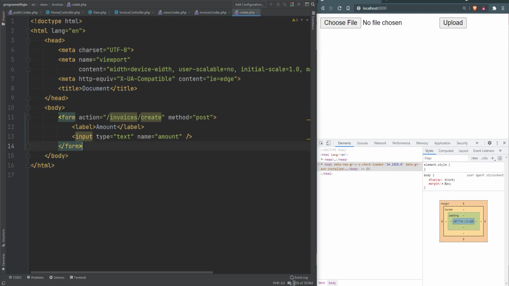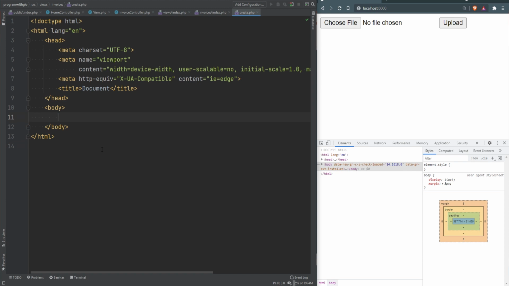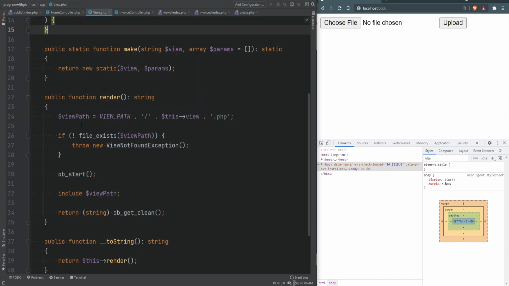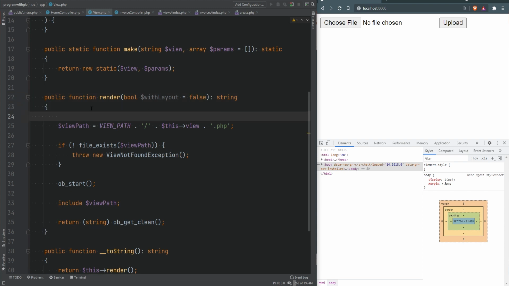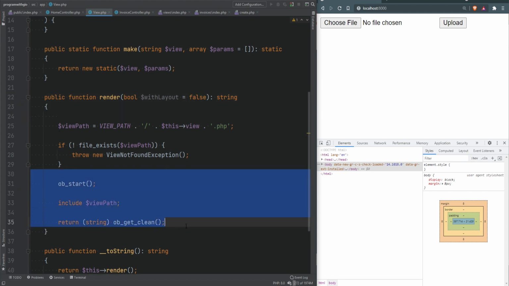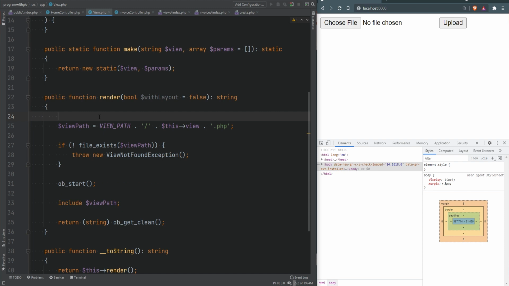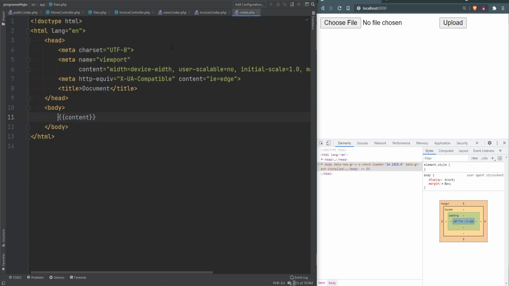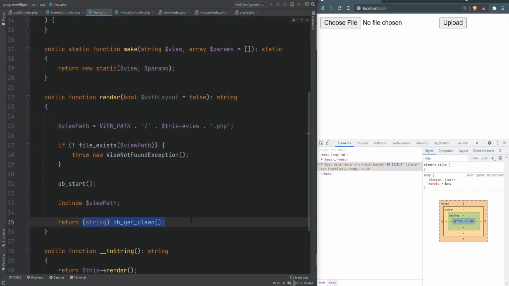view file, and within the body you could put some kind of placeholder, something like content like this, or maybe you can pick something like this that might seem more familiar from Blade. And then within your view class here, you could maybe add an optional parameter, something like with layout, and this would be set to false by default. And if it's set to true, you would render a layout the same way we render a regular view here into another variable, and then simply find and replace this placeholder with this content right here. And this way you can render a full page with the layout, or you could render just a simple view